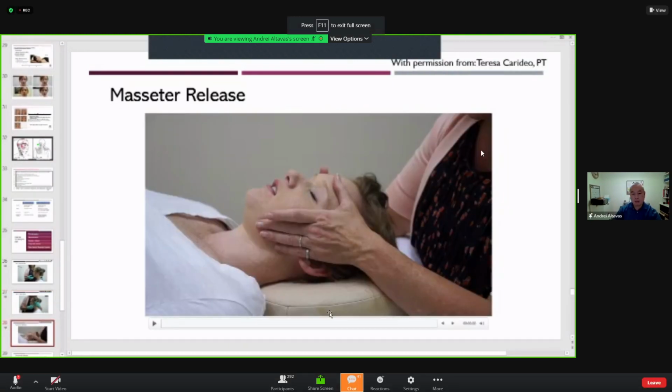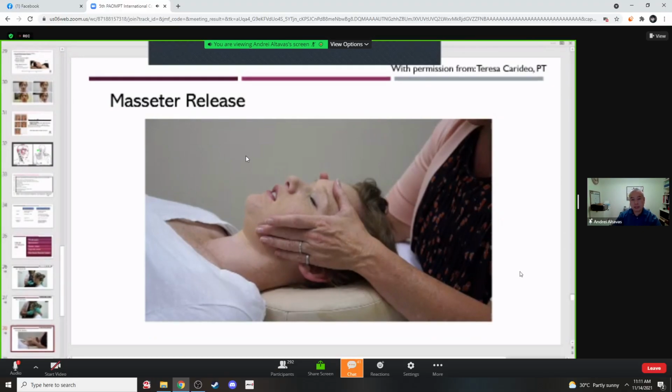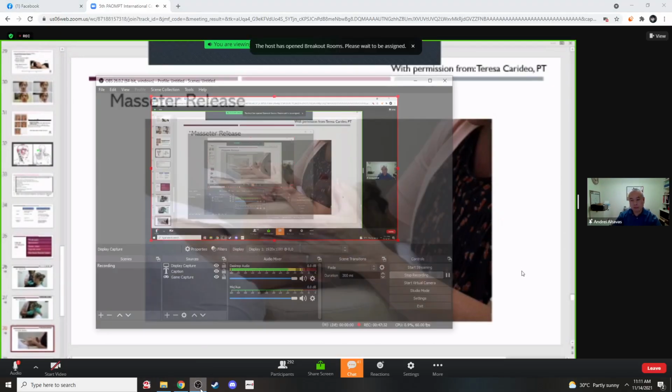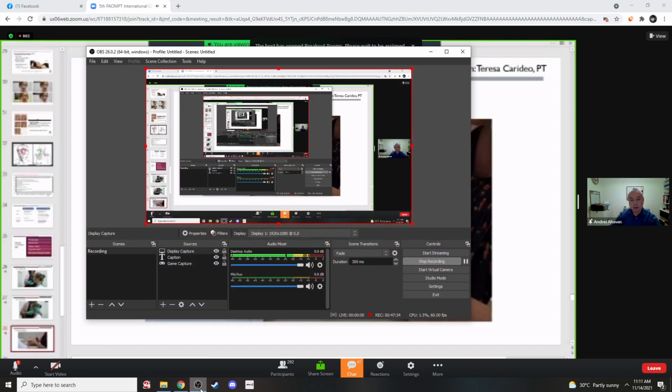All right, your masseter release here. Again, this is more of a myofascial technique, which I've learned from Teresa as well. Again, there are several ways